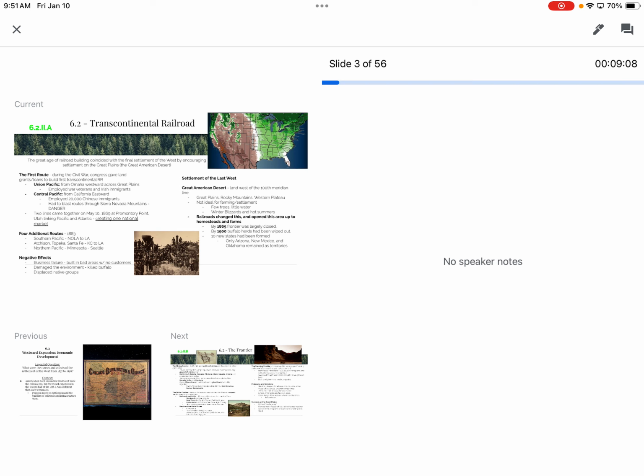Okay, so I do think pros and cons are important here. Negative effects: a lot of people were building railroads in regions of the country that had very low population. And to build the railroads, you have to buy a lot of goods on credit. They were starting railroad companies and building them, but there was no foot travel and they just didn't have any demand. And so those companies would end up failing because they didn't have enough customers.